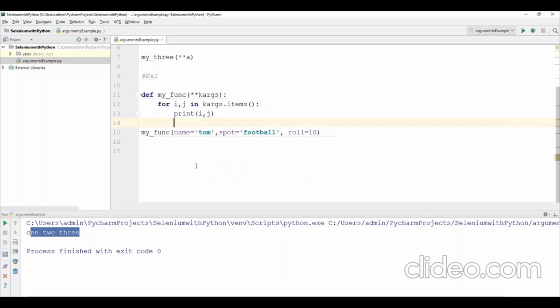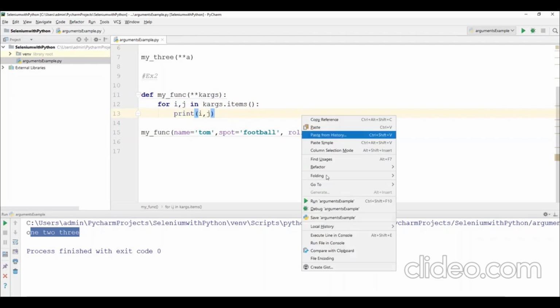So I have called the function with name equal to Tom, sport equal to football, role equal to 10, key along with the value, key-value pairs. Because two stars represent one is the key and the other one is the value, these keys and values will be read in i, j, and here i, j will be printed.